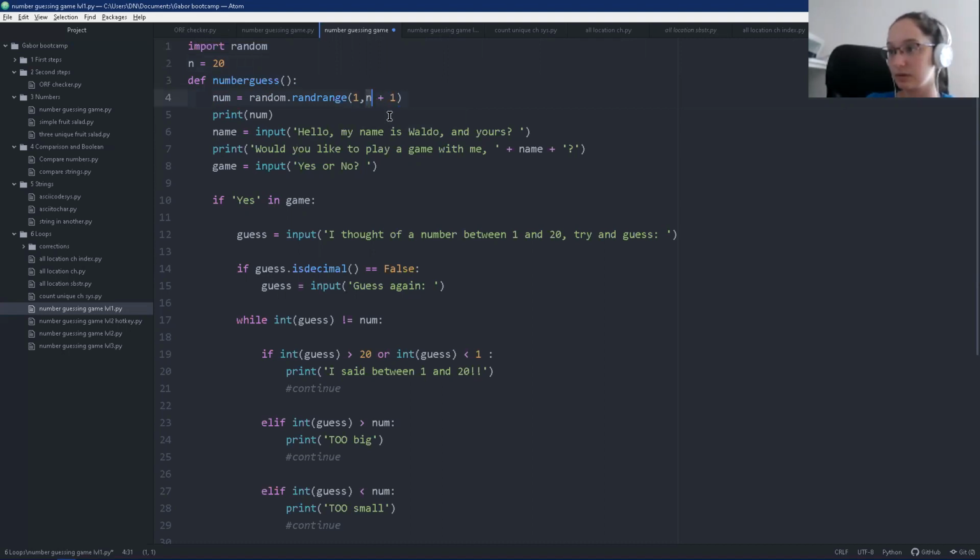Right. Yeah. Now it's usually better to have it as a capital letter. That's the accepted way to say something that's not going to change. Usually a capital letter. Right. And then